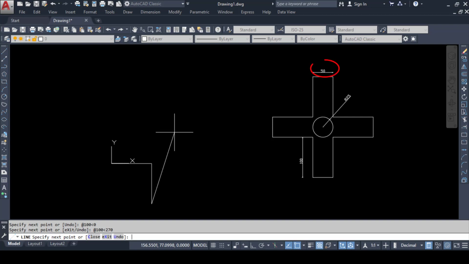Now you can see a distance of 50 on the top of the reference drawing, so I will press @50<, and on the positive x-axis the value is 0. Now I have to go upwards, so I can press Shift @100<90, since in the positive y direction we have 90 degrees. Then again for the small distance, it will be @50<90.